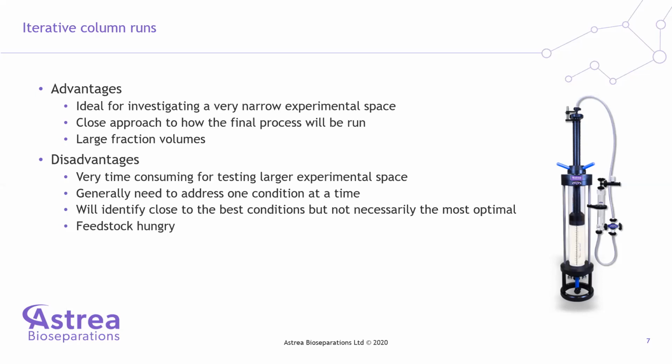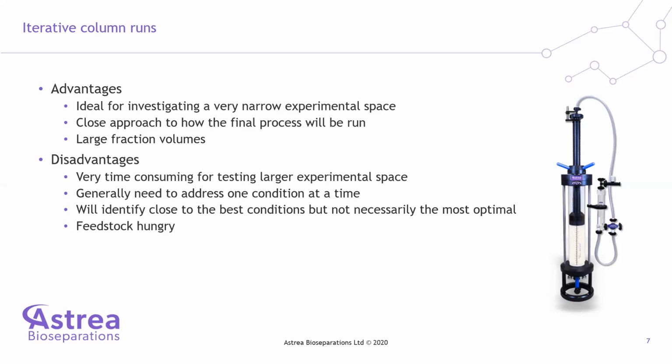This means that while you can potentially identify close to your best condition, you might not find the most optimal. So in the example that I just gave, you're looking at the effects of pH followed by the effect of conductivity. If you had been able to look at the effect of pH versus conductivity in combination with each other, you might have found that instead of, say, pH 8 at half molar salt, pH 7 at 750 millimolar gave you a much better